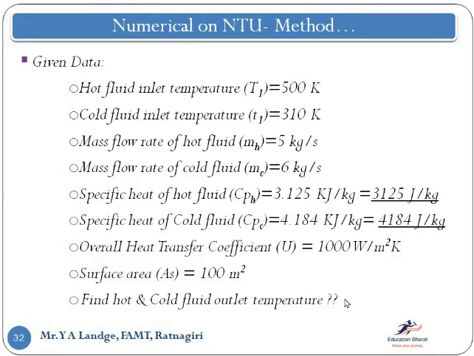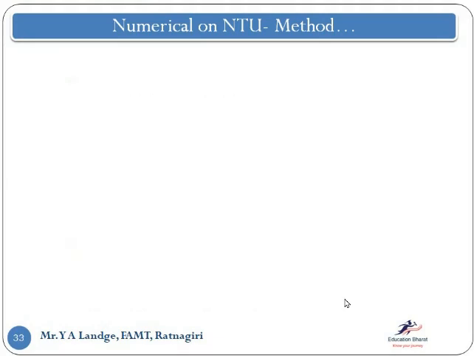So let's take the hot fluid: THI minus THO, and the mass flow rate, specific heat, and Q. So is it possible for me to calculate the Q? Again, the answer is no. How can I calculate it? Because I do not know one of the temperatures, which is missing there. So here we are approaching it like this.